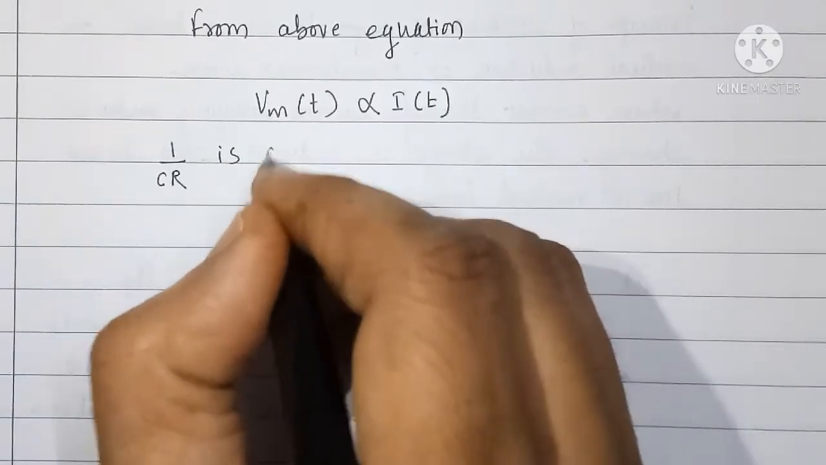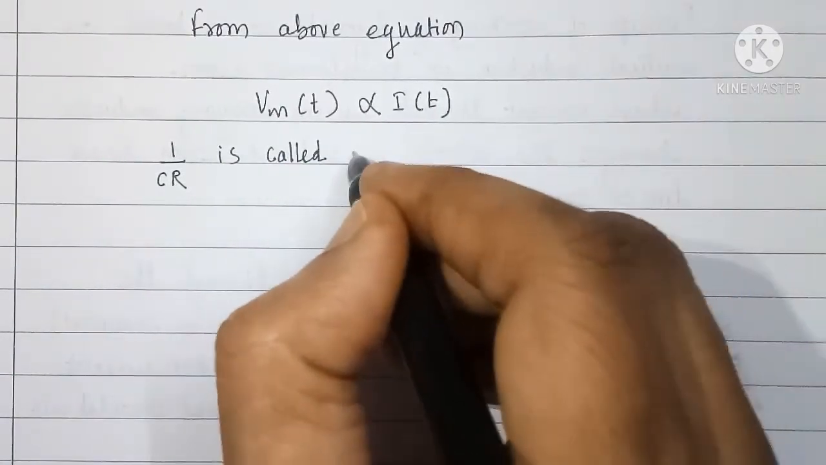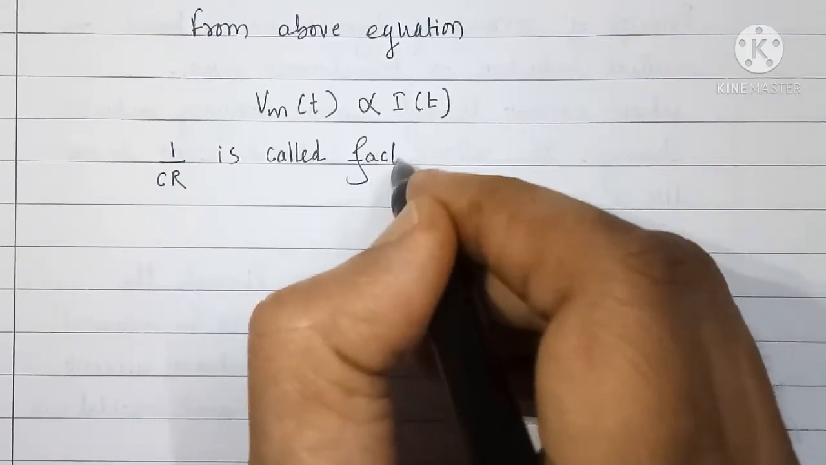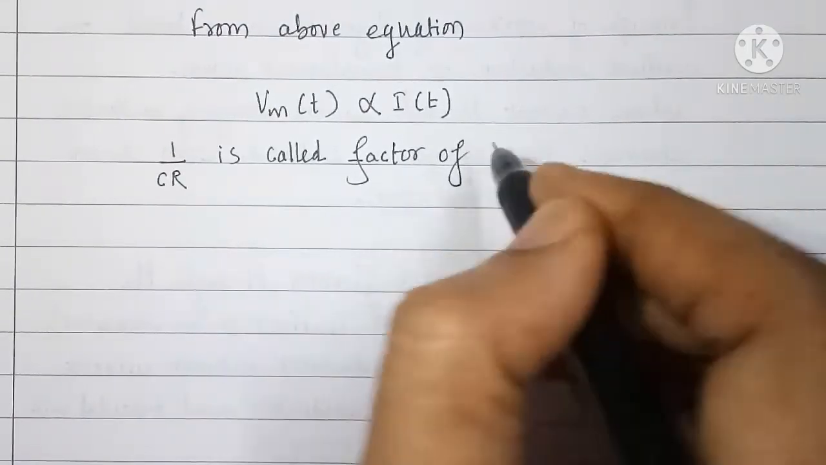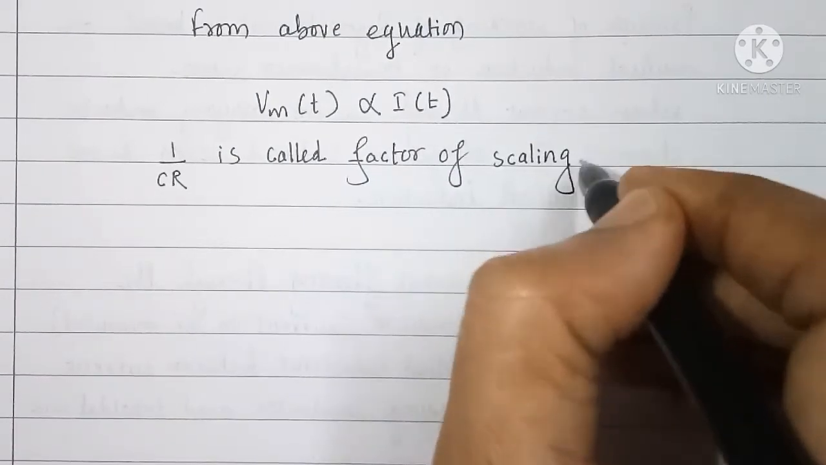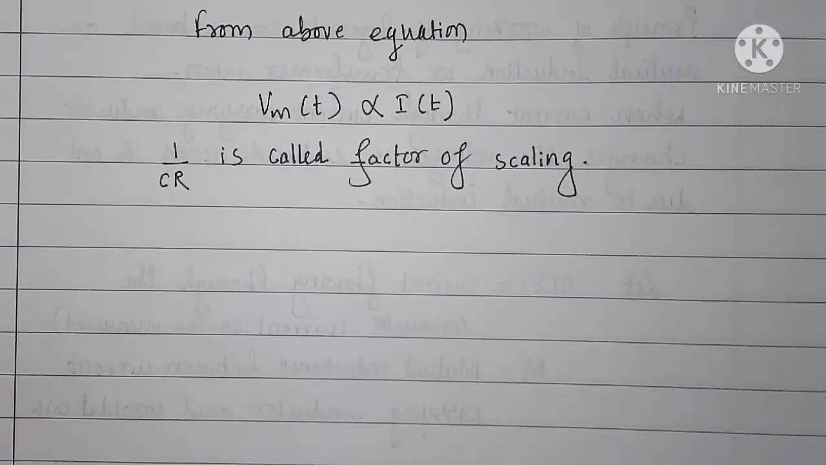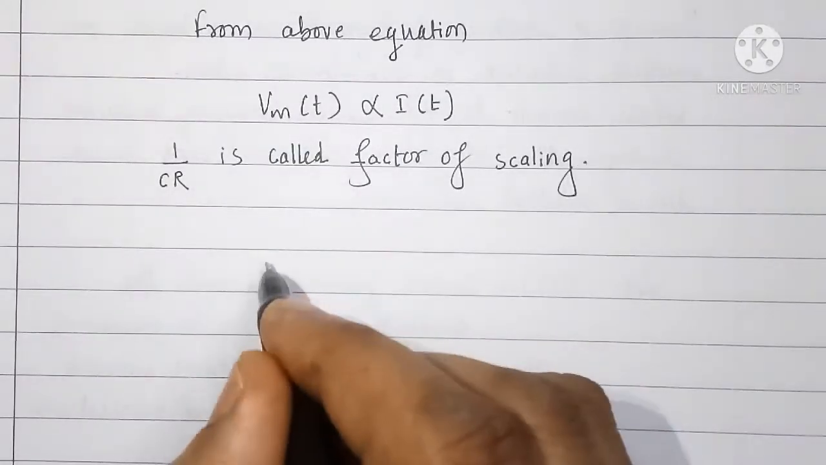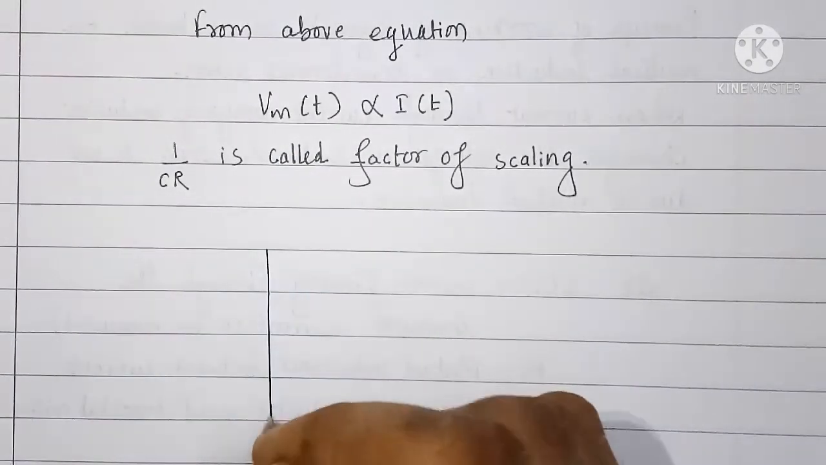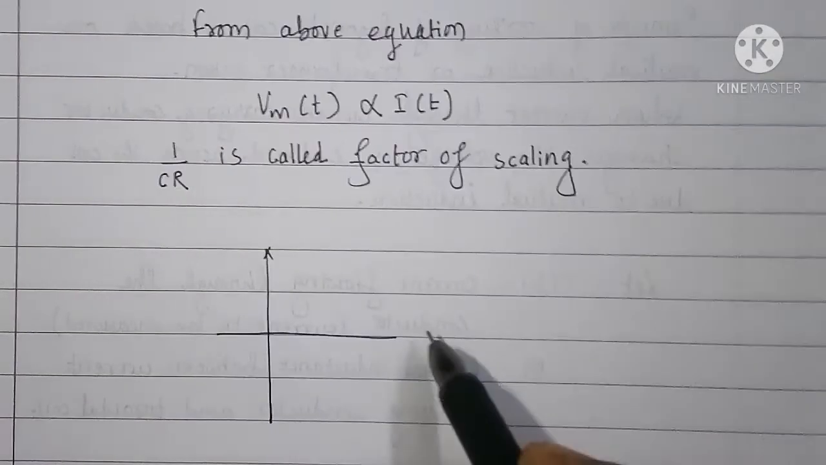One by Cr is called factor of scaling. Though we are measuring here impulse current, for calculation purpose we assume that